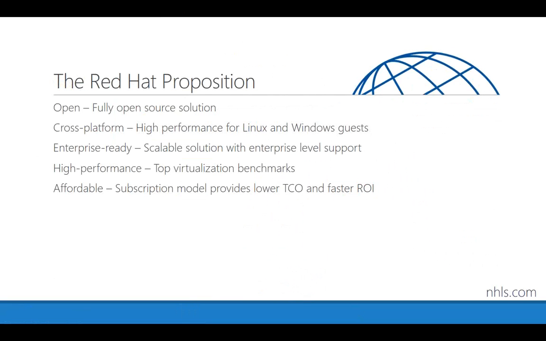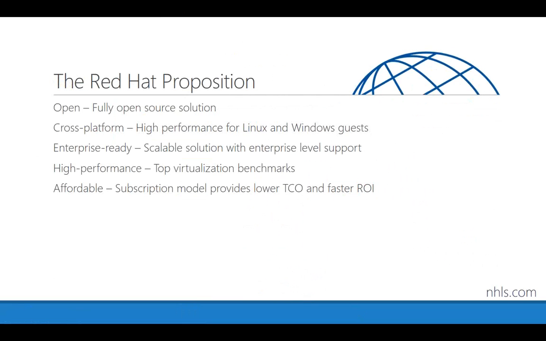Now, Red Hat's proposition, they do talk about high performance. I'm sure that all of the vendors will point to benchmarks in which they exceed the competitors, but they certainly compete well with all of the enterprise solutions. Also, we have the last piece there, and there's a reason I started with open source, and on the bottom I talked about affordability. Because these are probably two of the key points that Red Hat uses to differentiate their virtualization products, specifically the affordability piece in comparison to the VMware products.